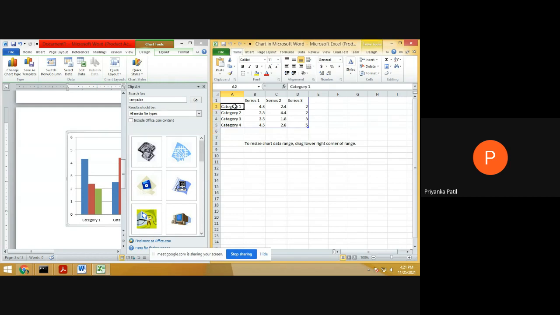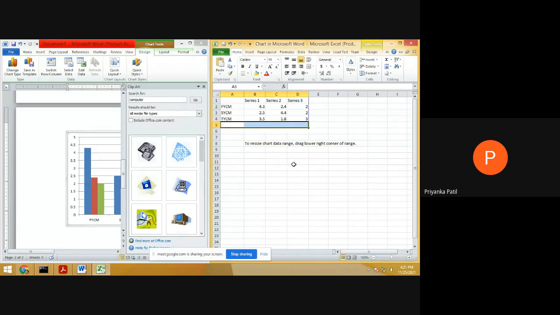For example, if you want to display the result of FYCM, then SYCM, then TYCM. If you want to delete this, then we can represent 10, 5, 10, 5, 7.